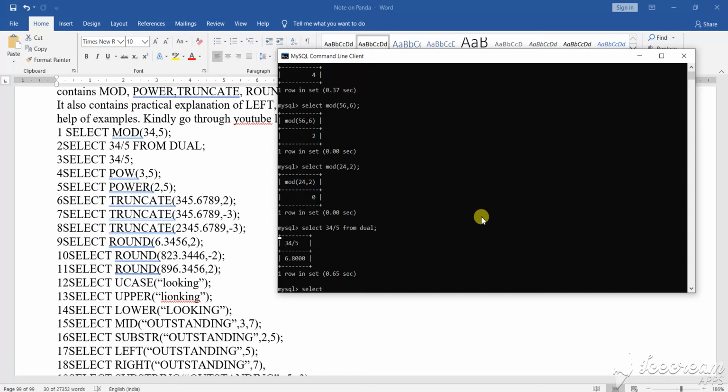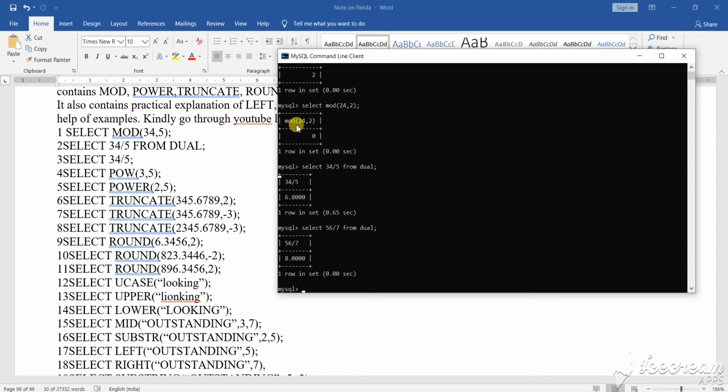Select, then take another value, suppose 56 divided by 7, from dual, semicolon. Now give enter. Now what you are seeing here is that if you use those particular functions, they are going to give you some value.